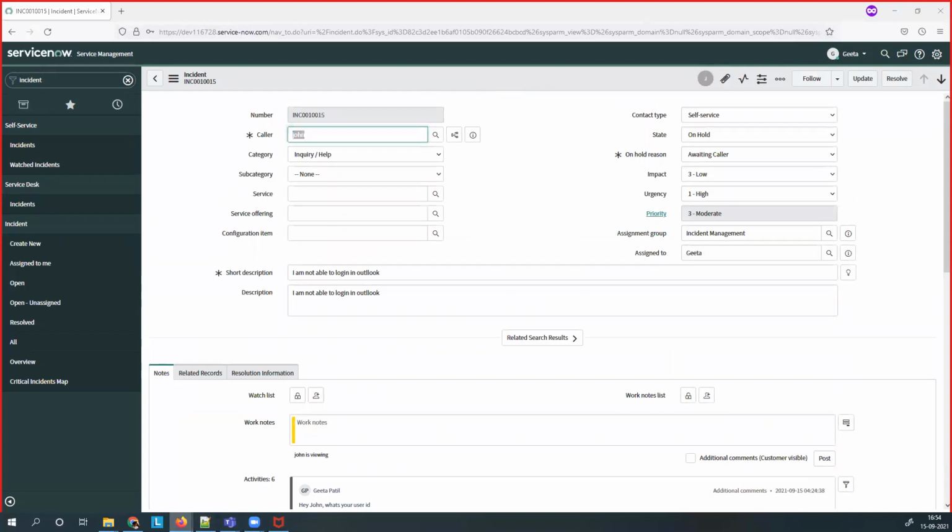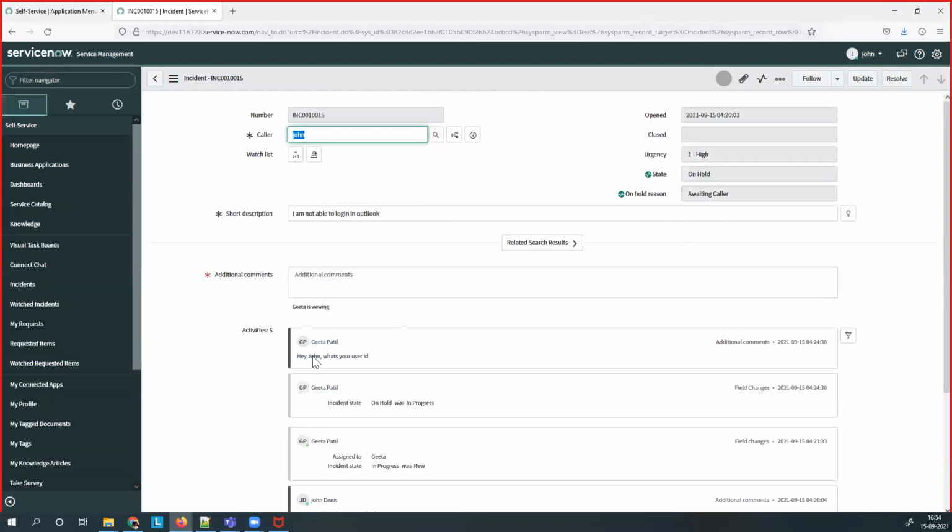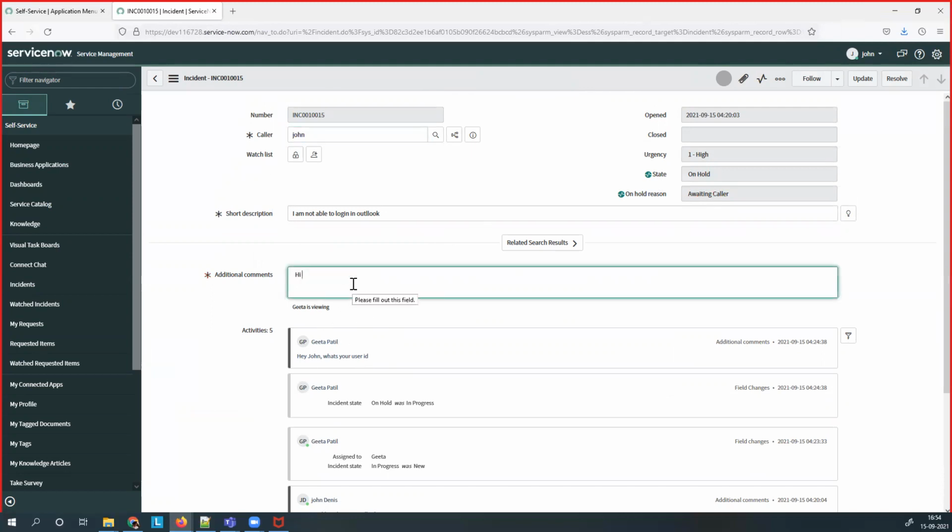After this, how will John see that? You can say, hey John, what's your user ID? And John will see its state is on hold, waiting for the call. He knows that he wants to give some information. He'll say, hi Geeta,